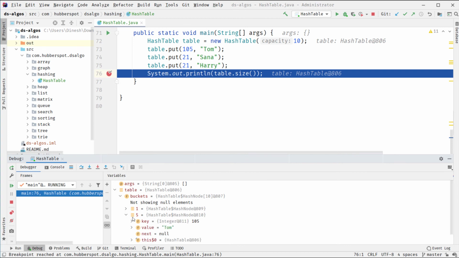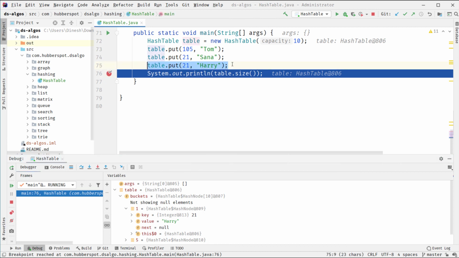So if I open this, you will see the value as Tom and key as 105 and next pointing to null because we only inserted one value. If I open index 1, here you will see that we have only one value as next is pointing to null. But here you can see the updated value is Harry. Initially it was Sana, now it became Harry. And here we simply updated the old value with the new value.